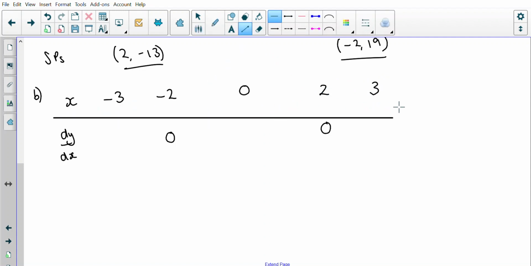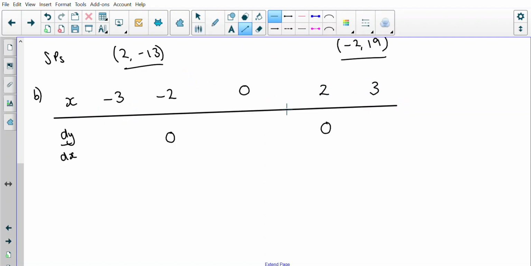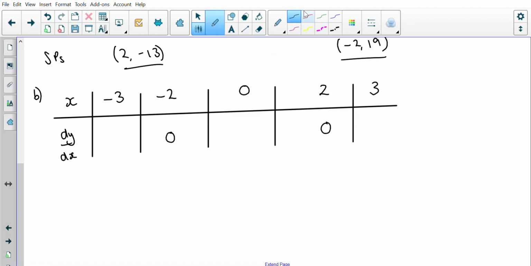So if we wanted to create a table here, where the top row is the x coordinate and the bottom row is the gradient at that x coordinate. To find the gradient at the x coordinate, remember we need to substitute into the gradient function. So let's just remind ourselves the gradient function is 3x squared minus 12. So when x is minus 3, if we substitute in minus 3,